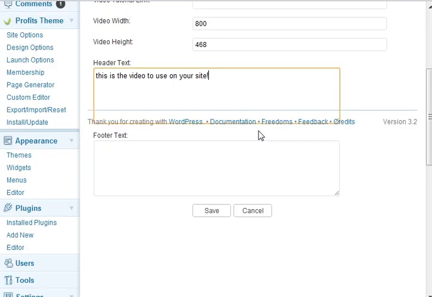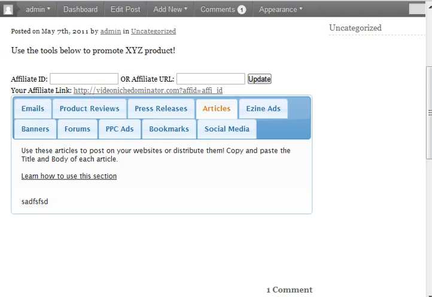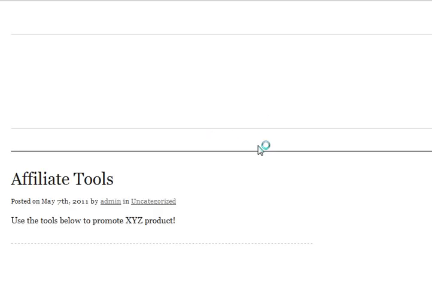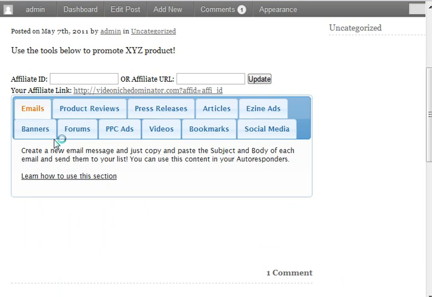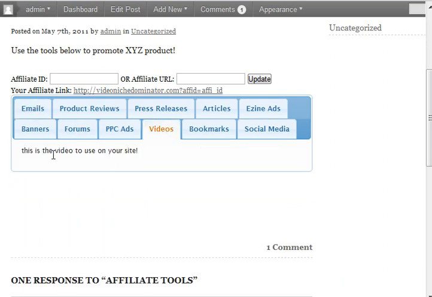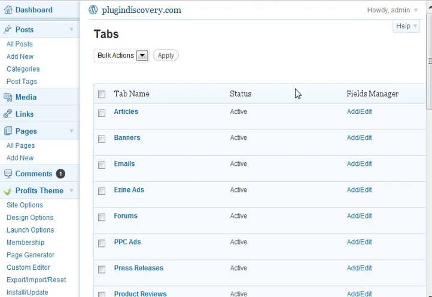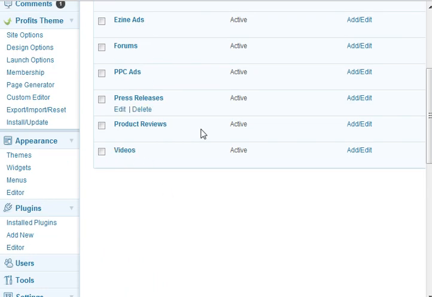Okay, I save it. Let me refresh. You see a new tab which is called video right here. Okay, do you see that? How cool. So you search for it in the tab section,